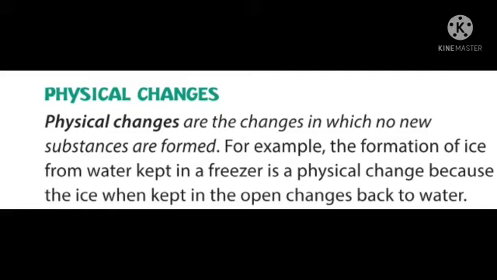Examples of physical changes, we can say many things. Can you say some examples of physical change? Just think and say a few. Already you have two types of changes, children: physical and chemical. Physical means no new substance will form, chemical means a new substance will form. For example, if you burn a paper, you will get a new substance, ash. So that is a chemical change. You cannot get the same original paper again from the ash.